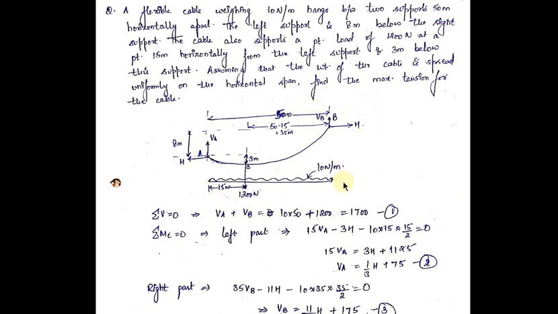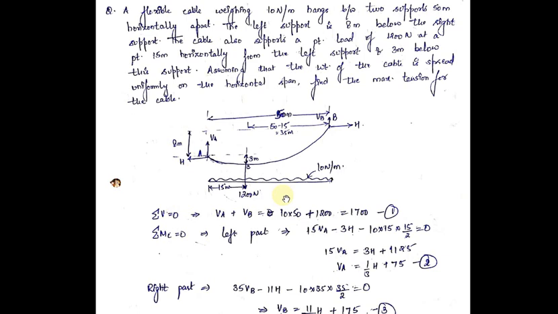See, just like we did in the previous numerical, the value of Tmax will be equal to under root Va square plus H square. So in this numerical also, first we will have to find out the values of Va and H. After putting the values of Va and H, we will ultimately get the value of Tmax, and that is your maximum tension. See, now how we will approach, just observe.